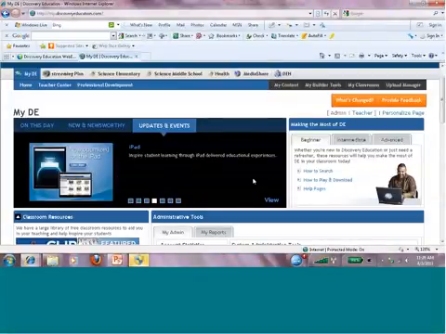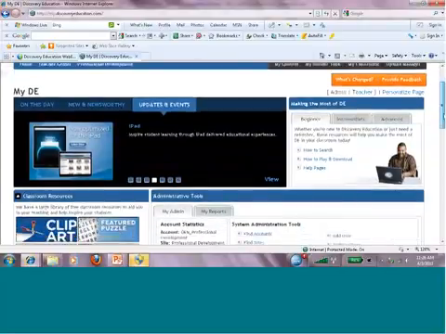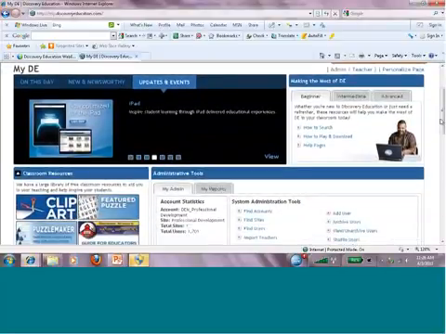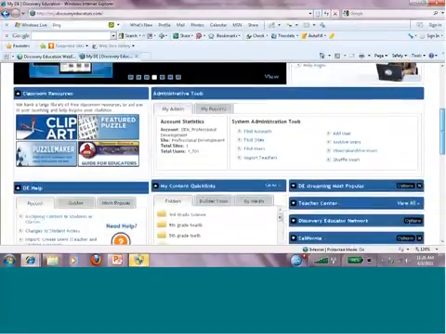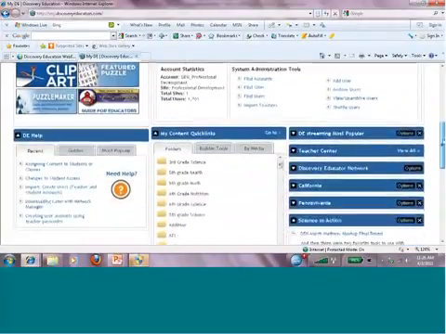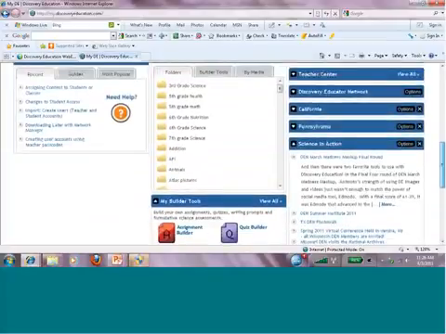It's not going to be the exact same structure as your desktop, but it will have instructional videos on your iPad. Okay, you do have over here more information about different levels of using the site, so a lot of help, user guides, and then you can go ahead and customize this part of the MyDE,